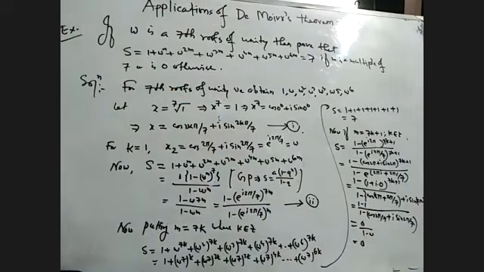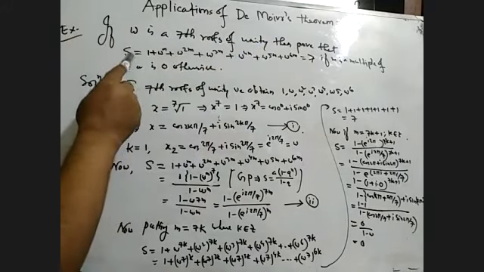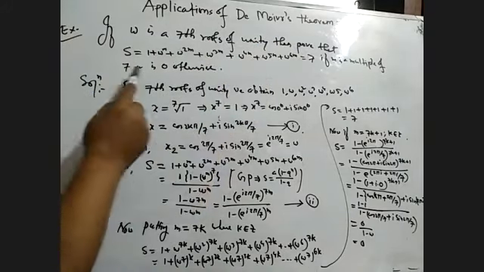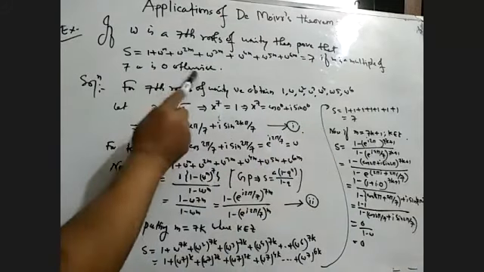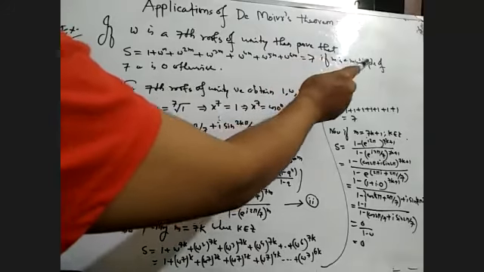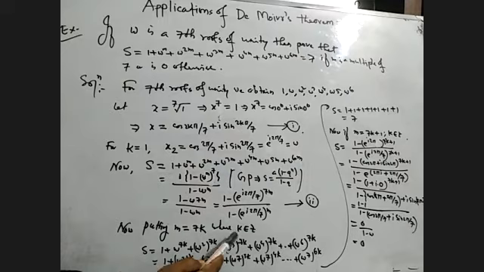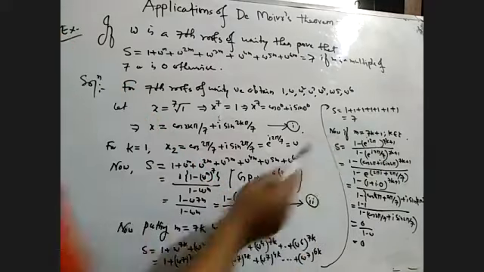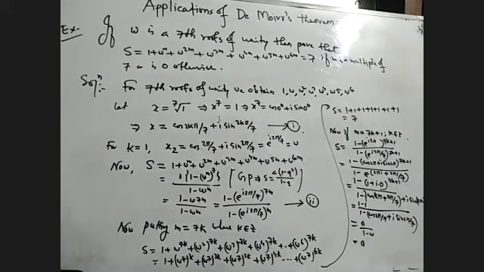That means if omega is the 7th root of unity, then we have proved this sum equals 7 if m is a multiple of 7, otherwise 0. That means m is a multiple of 7 if m equals 7k for any integer k. If it is 7k plus 1, this is odd, this is the even. Okay, so this is actually the result.